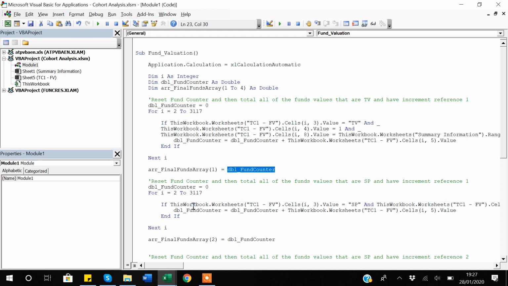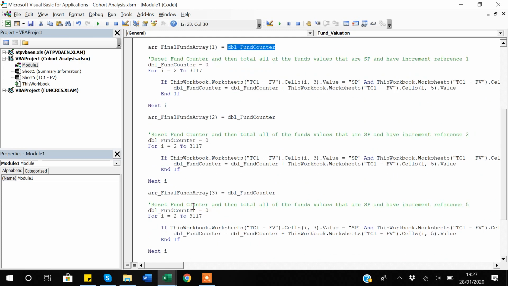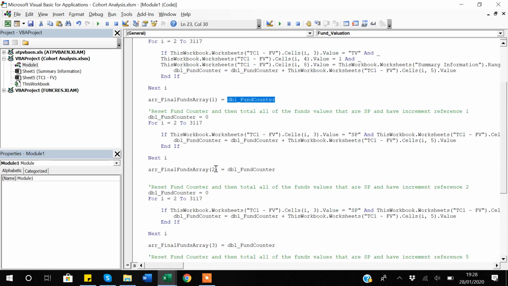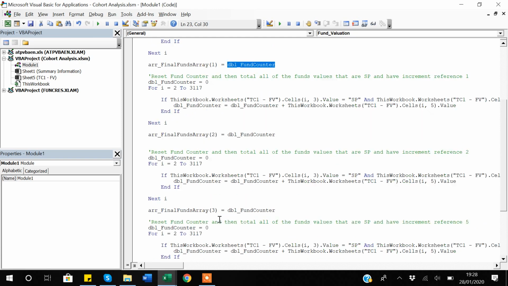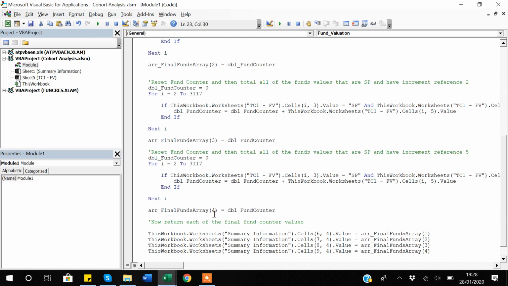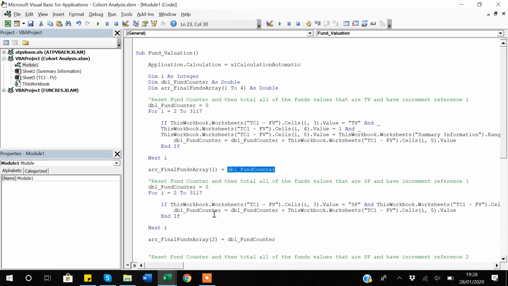And in the same way, I'm repeating these steps again and again, but in each step I'm changing the array number to 2, 3, and then 4. But before going further, at the end of this video, an important thing to note here is that if you accidentally misspell any variable, will VBA give me an error or not? Let's see. If I run the code,